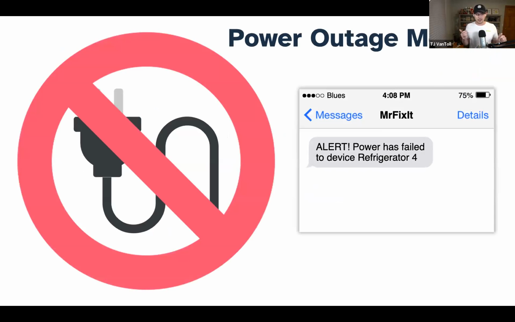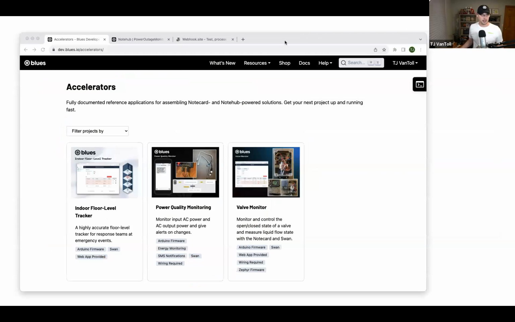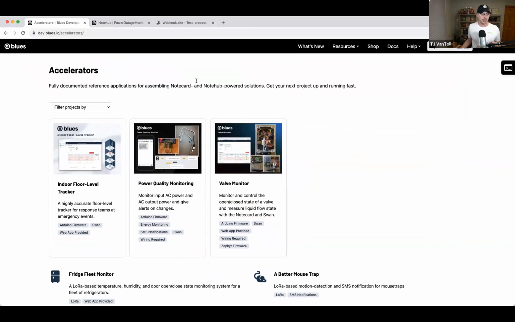The idea is this is a project that you want to build so that you know when power fails and when power is restored to a device. So specifically, I have a device, I'm going to plug it into the wall. I want to receive a message when power goes away, and I want to receive a secondary message when power is restored. So with that context in mind, I'm going to just bring up my desktop,